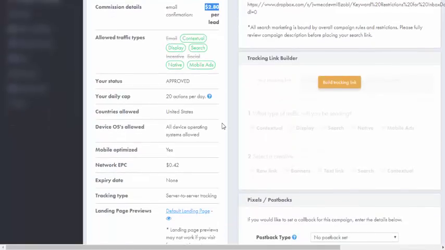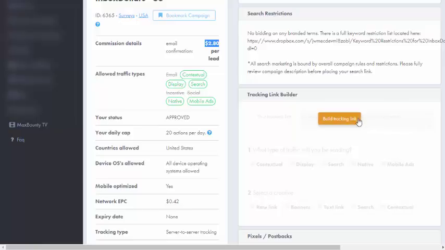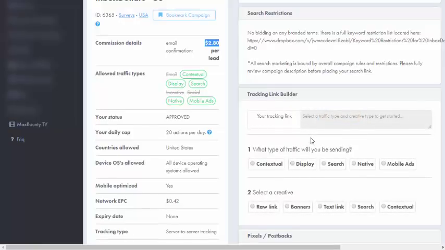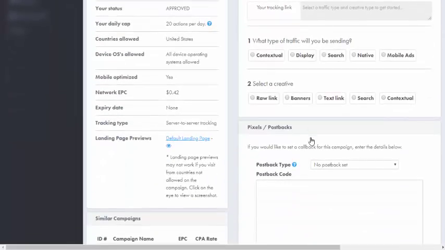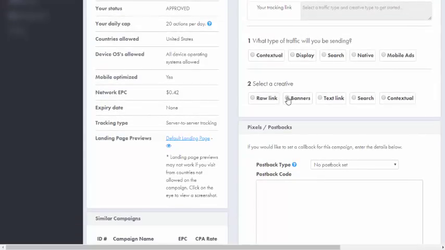Now, how to use your banner, and how to get your link, and what traffic you can use, so you can get leads and sign ups. Okay, so you can see here build tracking link. Okay, so let's visit, and we will get this page. Now first we need the banner. Okay, we need the banner, so let's click here on banners,